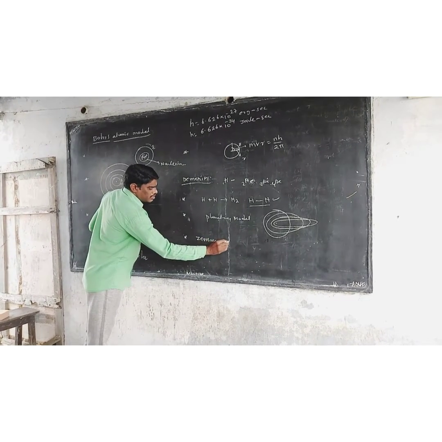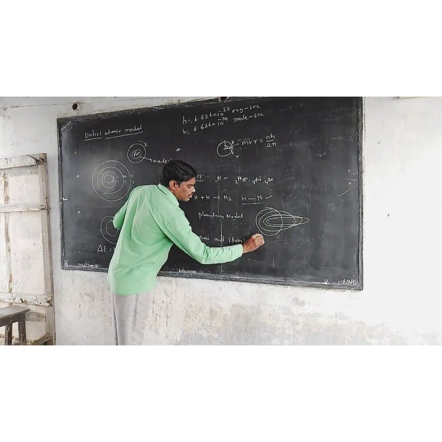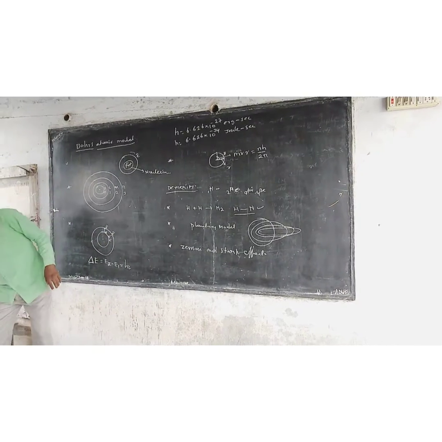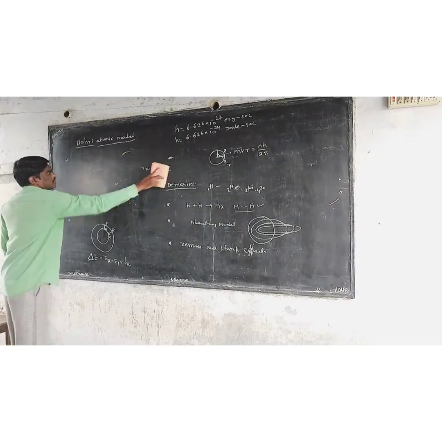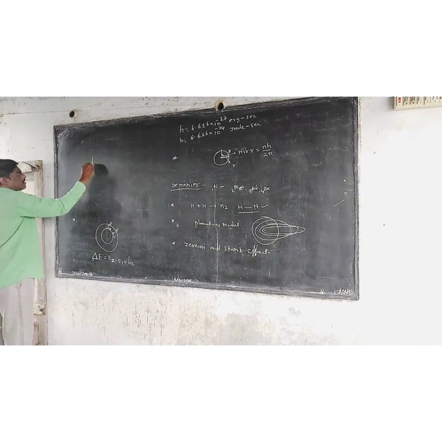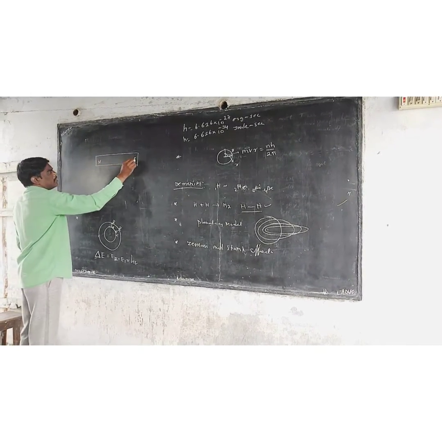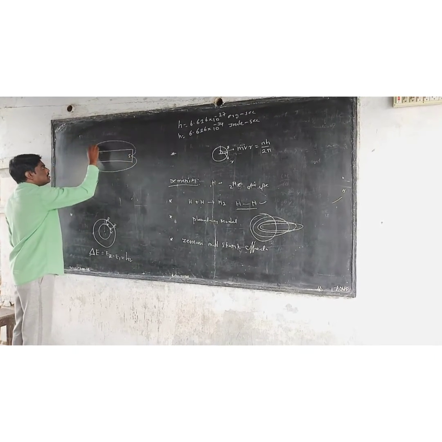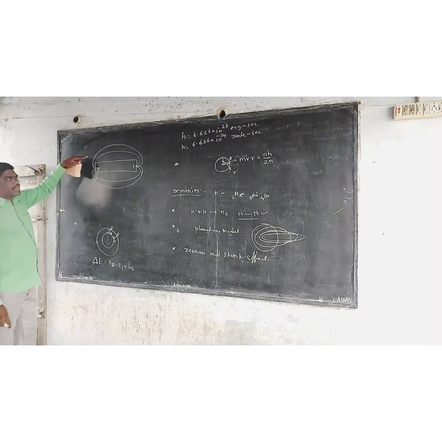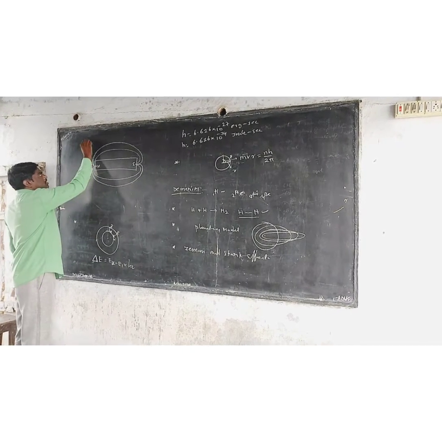What is the Zeeman effect? What is the Stark effect? First, the Zeeman effect. A magnet has, for example, a north and south pole. Around it there are magnetic lines, and these lines are called the magnetic field. When a strong magnetic field is applied to atoms, the spectral lines split into small spectral lines. This effect is called the Zeeman effect.